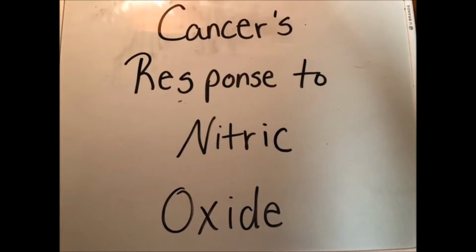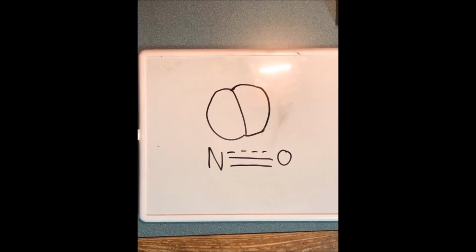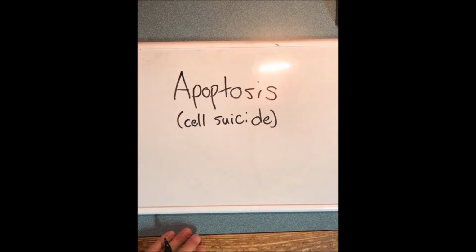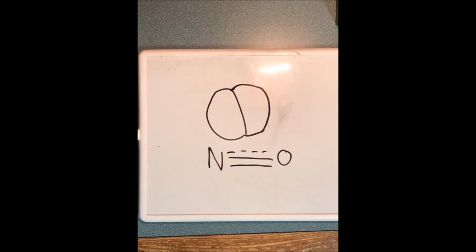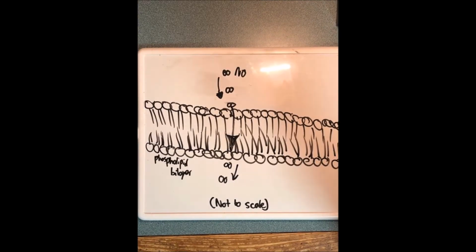Cancer's response to nitric oxide. When nitric oxide comes into contact with cancer cells, the cell initiates apoptosis, or cell destruction. Nitric oxide is produced frequently within cells and can easily be transferred to neighboring cells due to the fact that it is soluble in both aqueous and lipid media, and this causes it to diffuse through the phospholipid bilayer and